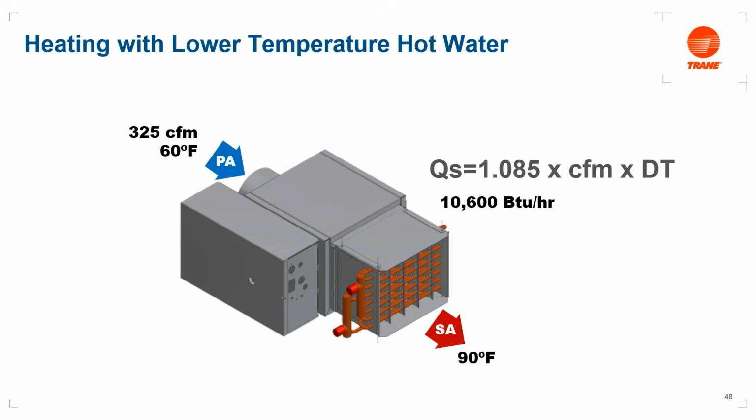This is a single duct VAV box with 325 CFM of airflow at 60 degrees. The designer has specified a 90-degree supply air temperature, which results in a 30-degree temperature rise across the heating coil. Using the sensible heat equation, this results in the need to size the hot water heating coil for 10,600 BTUs